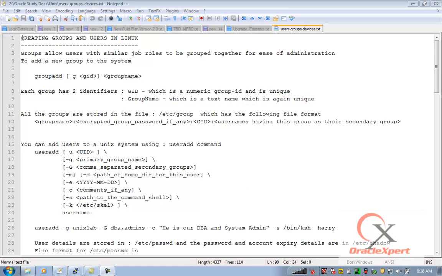We'll see how to create groups and users in Linux. Now, creating groups and users is a responsibility of the system administrator. The system administrator would normally facilitate the process of creating groups and the users for all those users who need access to the system,